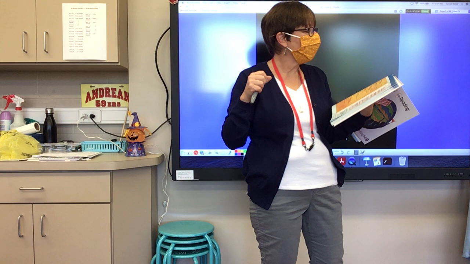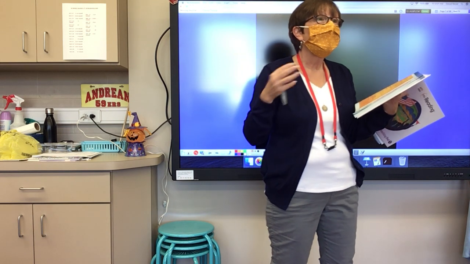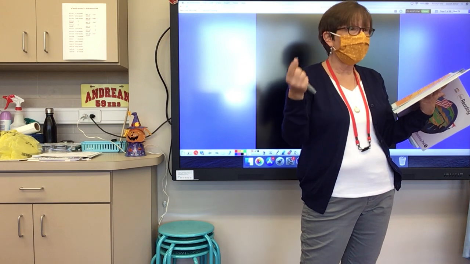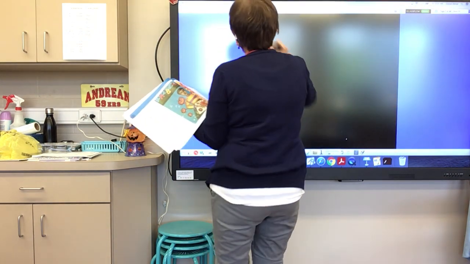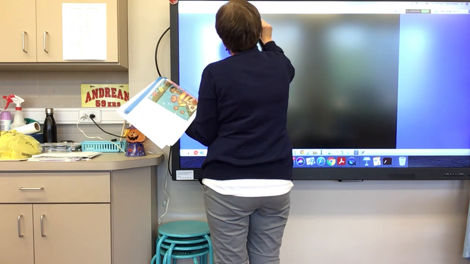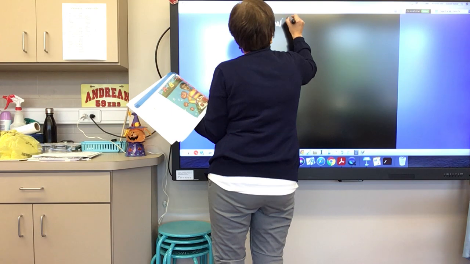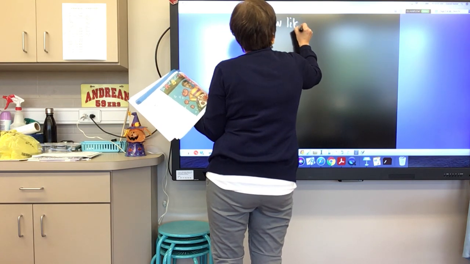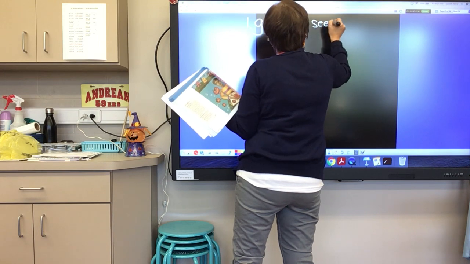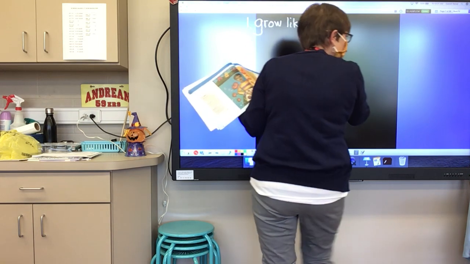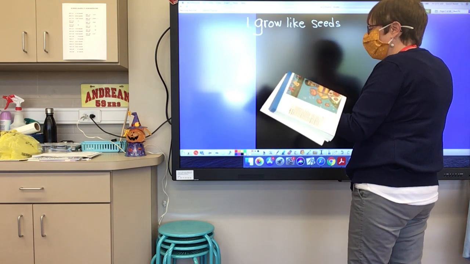What is it? If I learn them, will they grow like seeds? And it is grow like seeds, right? Grow like seeds. So for number one, that's one of them. Let's write number one, grow like seeds. How much room do we have there to write? Okay. And then the other one,